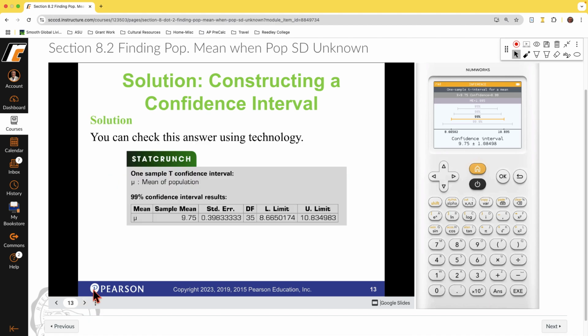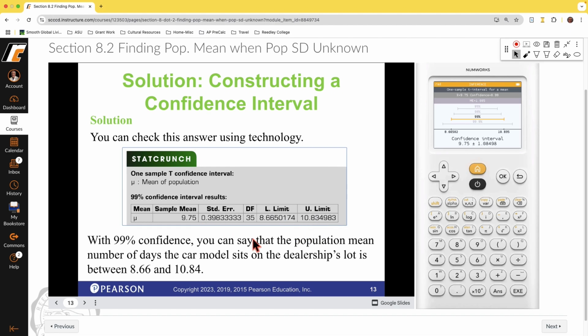What I wanted to show you here is the value of the technology we're currently using. It provides a graphical view of this confidence interval. Here's something called StatCrunch. You would have entered in the same information, and this is a little report it gives you back. It gives you the standard error. It doesn't give you the margin of error, and while it gives you the lower limit and the upper limit of the confidence interval,